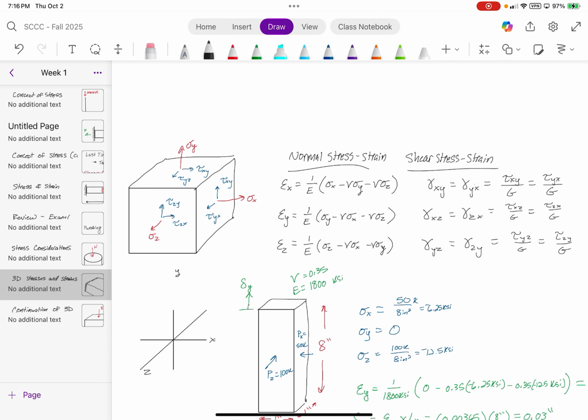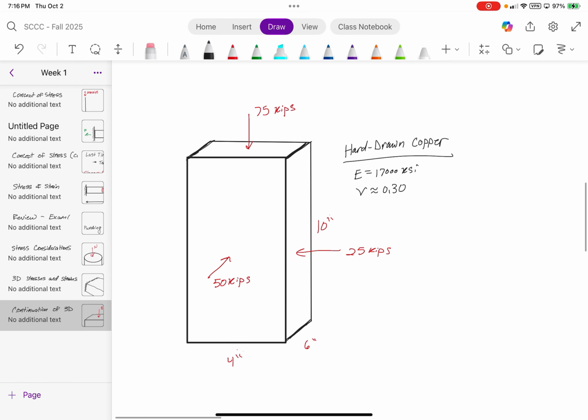I guess a good way of explaining it would be if we looked at those equations and then we wanted to determine the normal strain, lateral strain, then we would just use the 75 kips independently, and we can calculate the lateral strains for that 75 kip force, right? Does that make sense? Well, we could also do the same thing for the 25 kip force and calculate the lateral strains, and then do the same thing for the 50 kip force and compute the lateral strains. And all of that could be independent answers, right? But those equations that I gave you